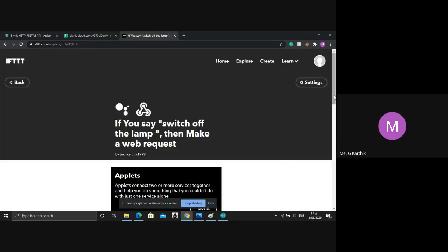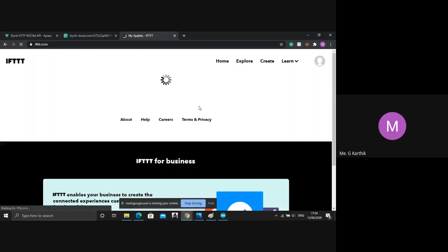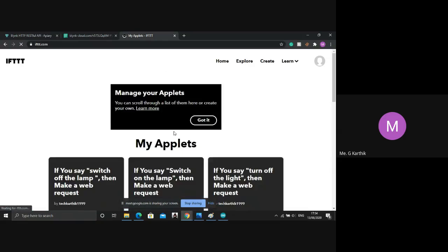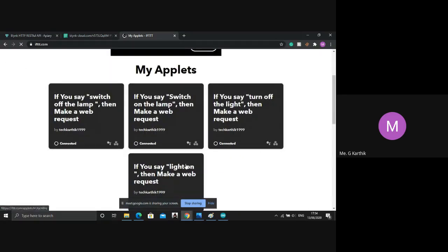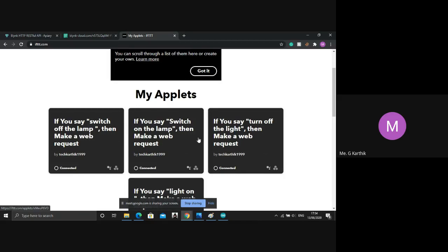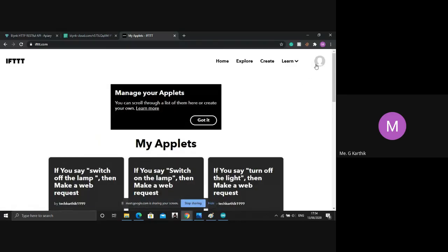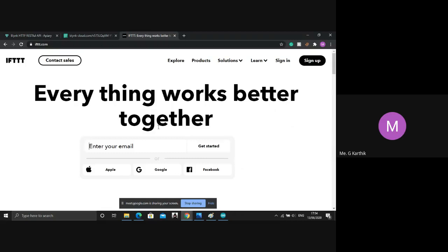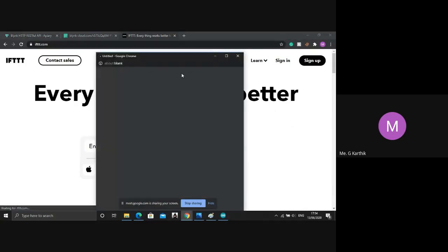If you think that I made some mistakes and you want to debug the whole thing, then you can go to home. And the applets that you made are always available here. These two applets I made yesterday, and these two applets I made today. So let's see if it works or not. Make sure that I gave my mail ID. I just logged in. One second, I'll log out and log in and I'll show you. I just logged off, right? So I log in with Google.